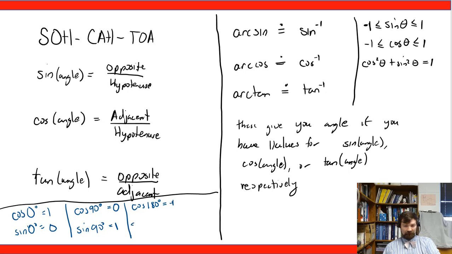minus 1, sine of 180 degrees is 0. Cosine of 270 degrees is 0. Sine of 270 degrees is -1. And you might review the unit circle for more such relations, but that's all that I'm going to do with those for now. I wanted to give you a sort of your turn to play before moving on to the